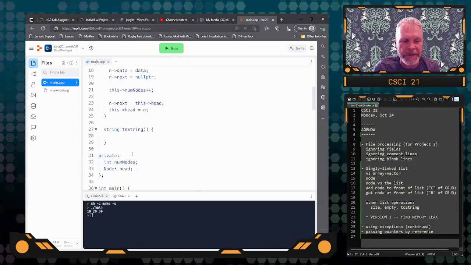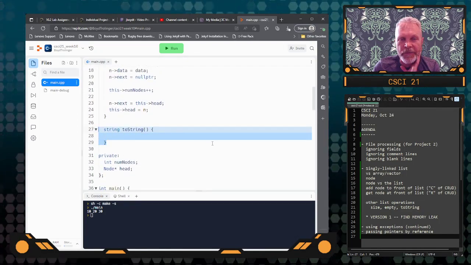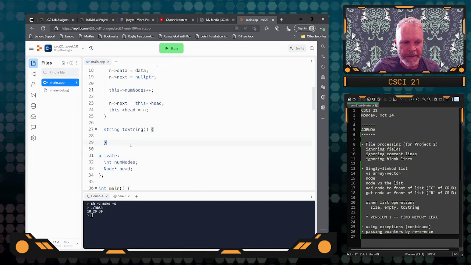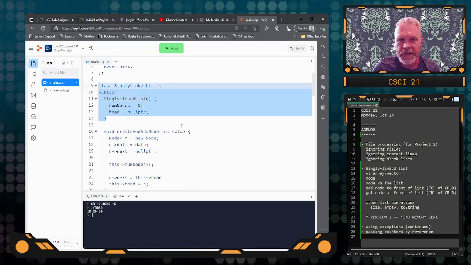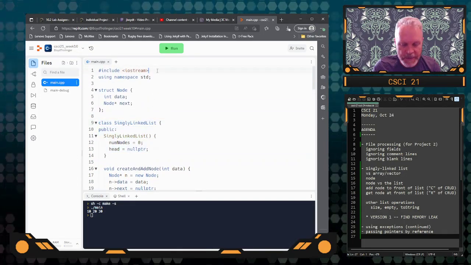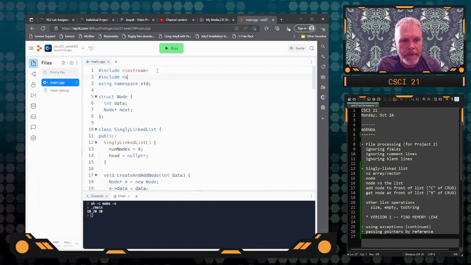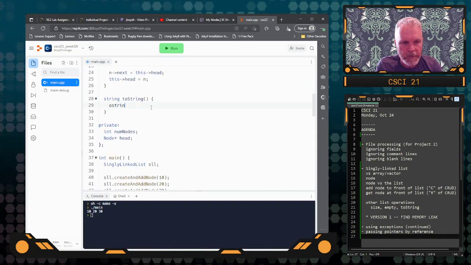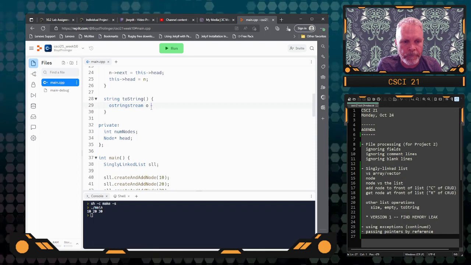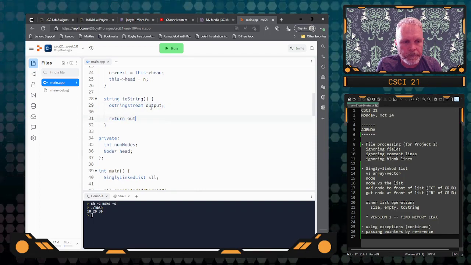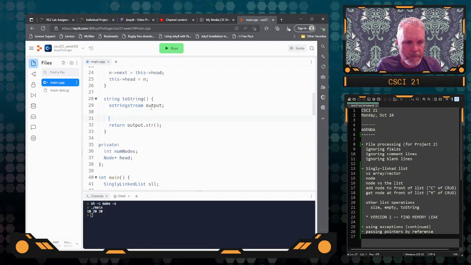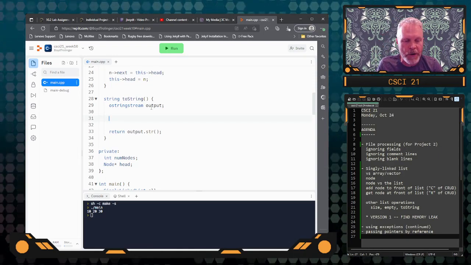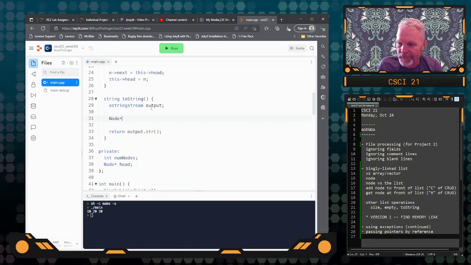Okay, so I'm going to add to my list a stringifying function as metadata, more or less, right? I want to view the current contents of all the nodes that the list is currently managing. So I need string stream. Okay, and then here, old stuff. Okay, so we're going to do the same kind of walking that we did on the other nodes. So we'll give ourselves